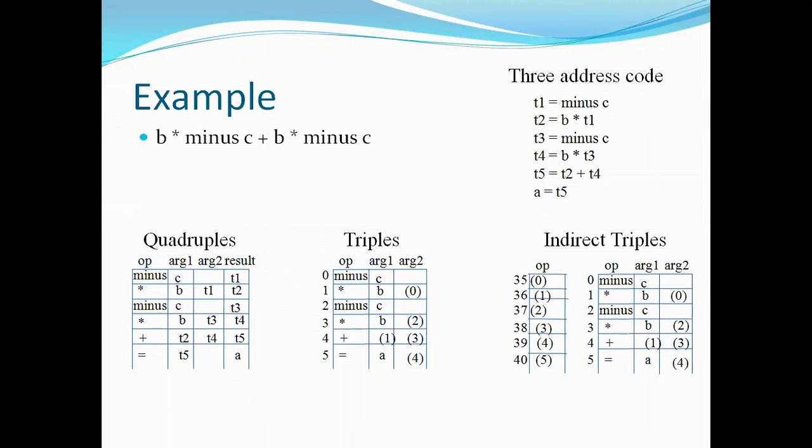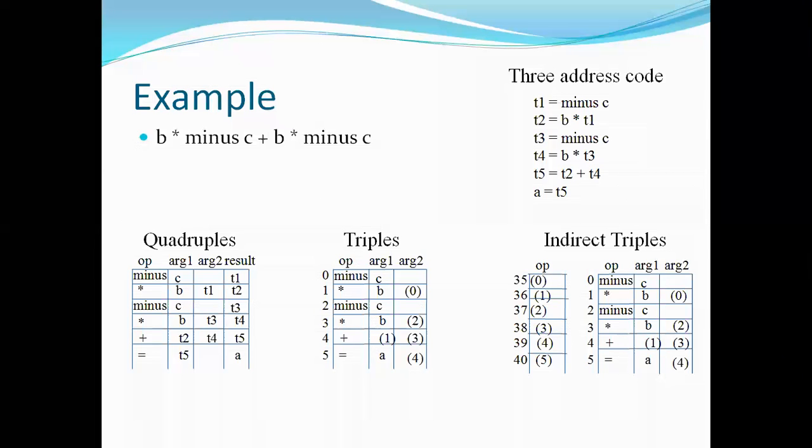And here, after knowing the 3 data structures, that means the implementation of the three address code with these 3 data structures, and knowing how many fields each consists of, how the quadruple representation is, how the triple representation is, and finally how the indirect triple representation is, we then need to know the merits and demerits of these 3 data structures.